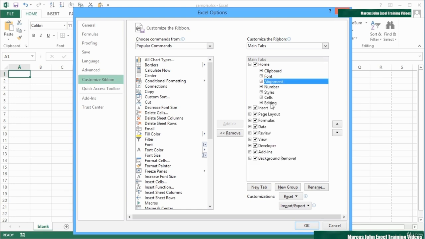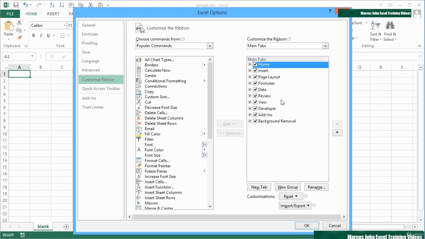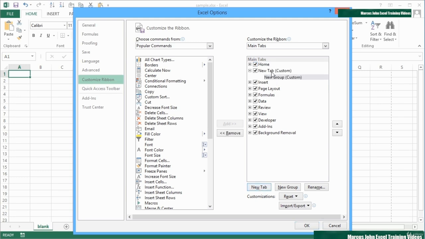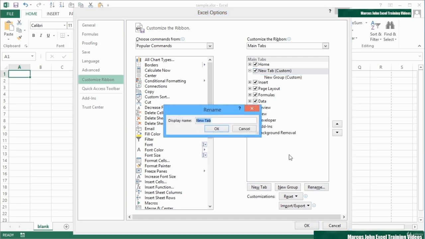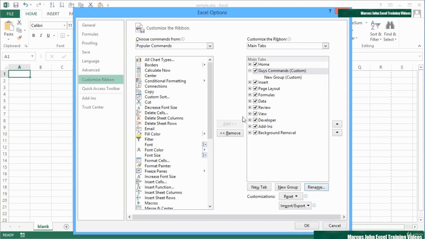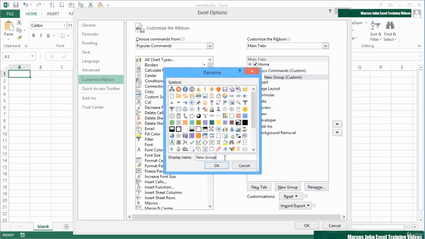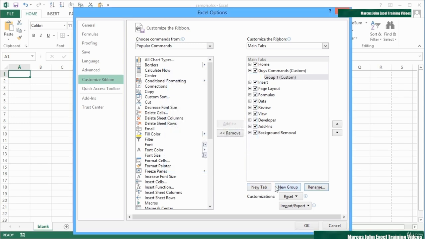The best thing to do really would be to actually create your own ribbon. So we go to New Tab, because effectively that's what you're creating, a new tab on the current ribbons. I can give that new tab a name, Guys Commands. Okay. On that tab, I need at least one new group, if not more. If I need more, I can click New Group to create a new group. I'm going to rename this group, as well as giving the group a name. You can give it an icon as well. Let's have no imagination and call it Group 1. Okay, and then add a new group and rename that